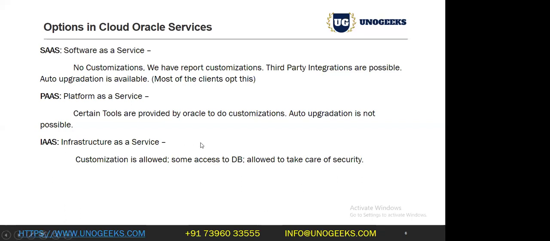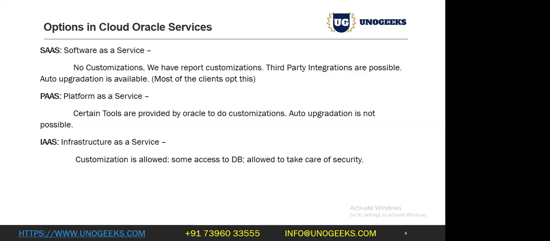Okay, any other questions from any one of you, please? Okay, I'm considering that there are no questions. Srinivas, yeah, please go ahead. Is there any possibility that big organizations or any organizations have two or three of these together? No way. Either use SaaS or use PaaS. No, it's not going to be possible. Initially only, you need to decide that.